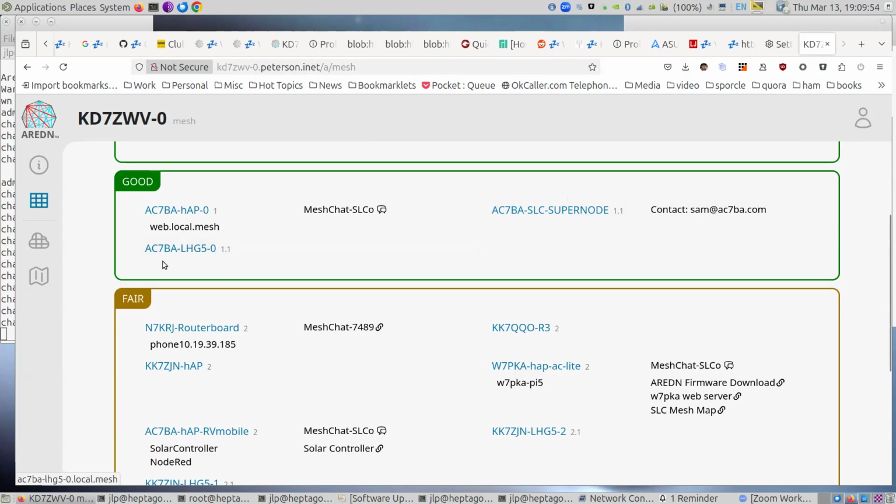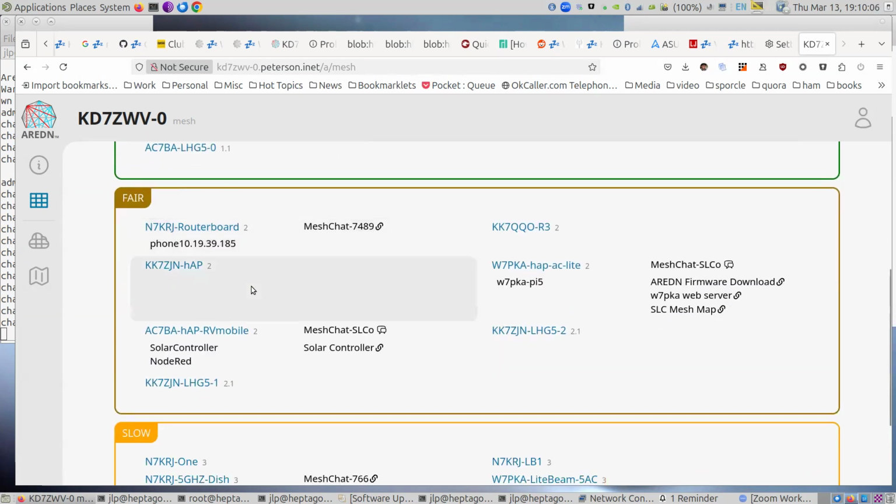And then there's also this AC7BA LHG5-0, which is another node at Sam's house that's pointed at Chris's house. Okay. And then I have fair connectivity to these guys. N7KRJ, he's got a node with a phone attached to it and a mesh chat running. KK7ZJN, that's Chris. He's got an HAP and an LHG5 and another LHG5. And then Russ over here, I can see your R3 node, whatever that is,